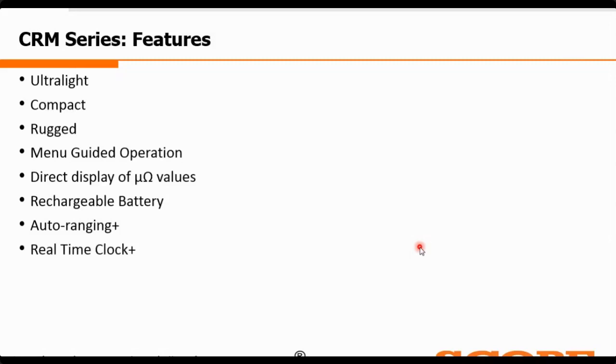We have the real-time clock here. So whenever you are doing the measurement, the date and time will automatically update as per IST. We are also giving the IP67 enclosure in the Plus series models, which is CRM 100B Plus and 200B Plus, so it is more rugged and more sturdy.